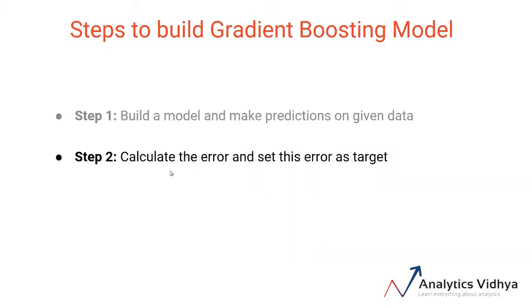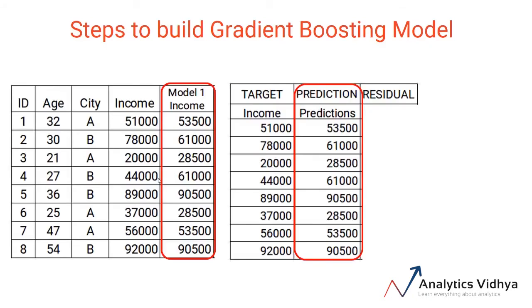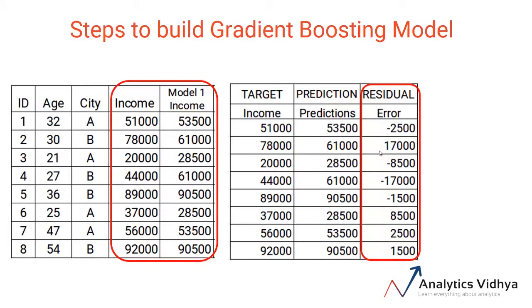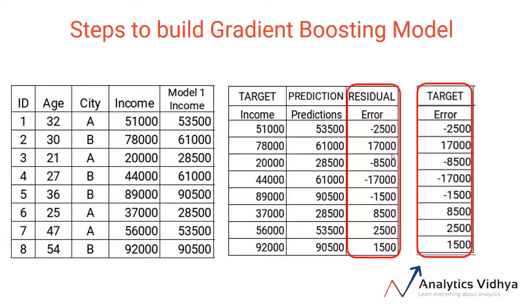Now the next step will be using these predictions to get the errors, which will be used further as target. So this is what we had from the last step. We got these predictions from model 1, and we have the actual values of income. So using both of these columns, I'll be able to generate some error. I will simply subtract the predictions of income from the actual income. Now, as we mentioned previously, the successive models focus on the errors. So these errors right here will be my new target, and that covers up my step 2.